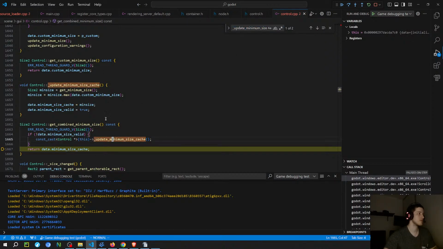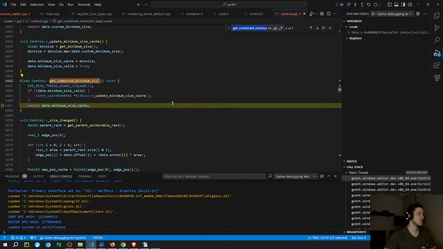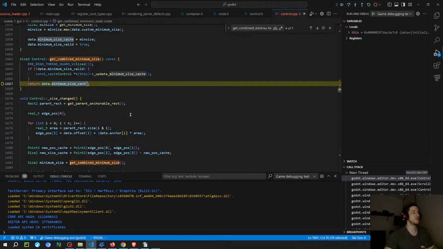Yeah, so I think it comes down to how the nodes are going to update this minimum size cache based on its children. So I think the HBox or the VBox, the normal containers, they update the minimum size after you add the child. So I assume that it's going to be,